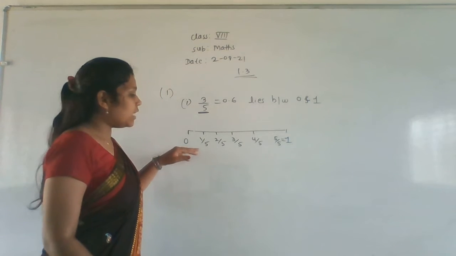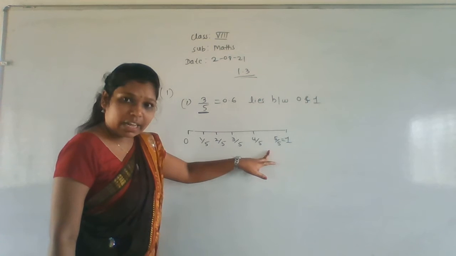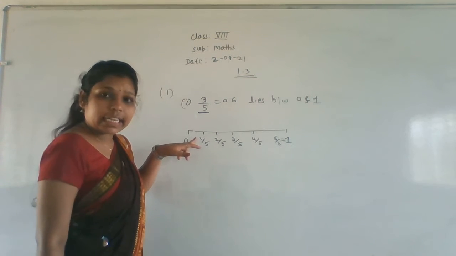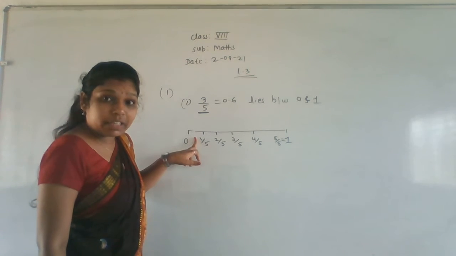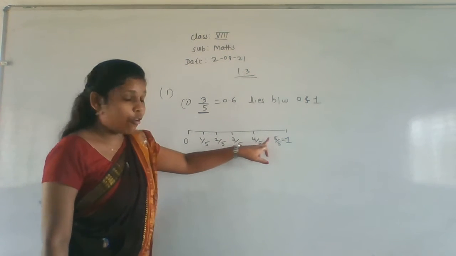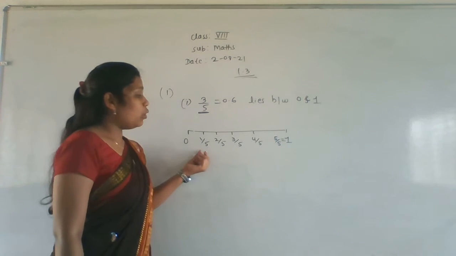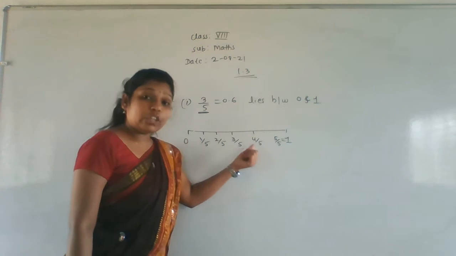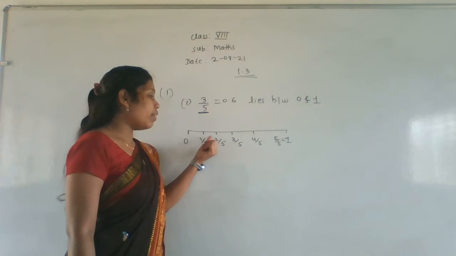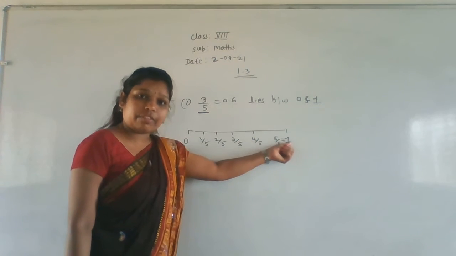Okay. And don't change the denominator numbers. Denominator number is always the same, 5, 5, 5 here. So the only thing is we have to change the numerator value. That will be 1, 2, 3, 4, 5 like that. Getting everyone? See here, only the denominator is the same. Only we have to change the numerator term. That is 1 by 5, 2 by 5, 3 by 5, 4 by 5, 5 by 5. That will be the 1 here.